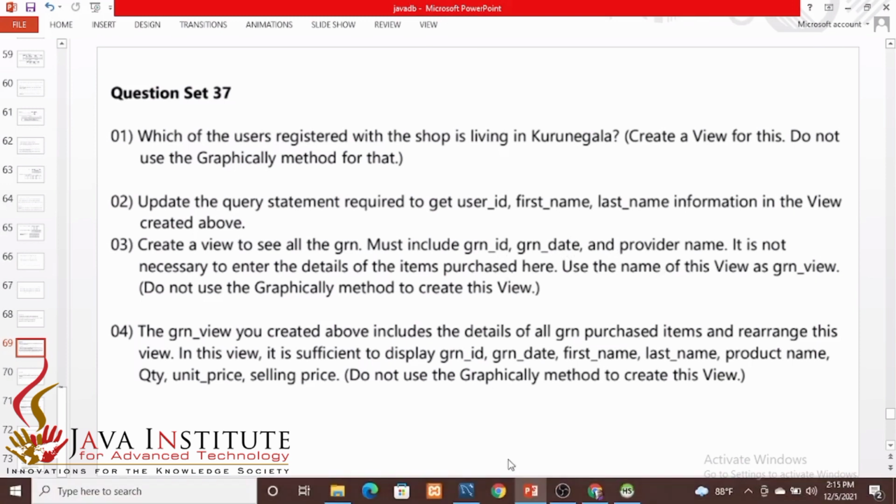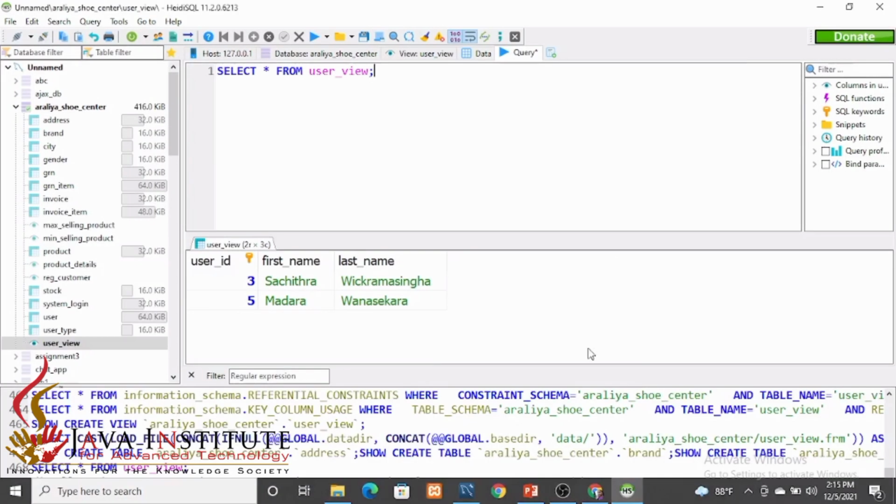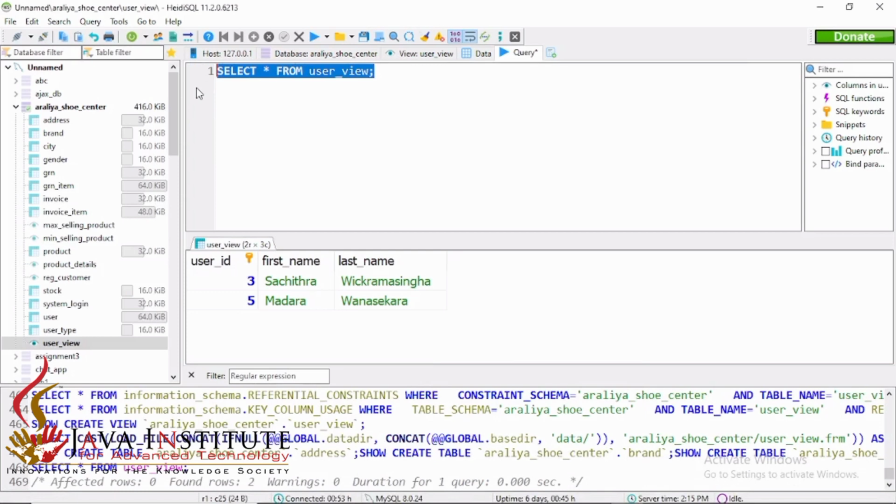So for gaining the provider name we have to inner join some things. Okay, inner join the user table also. So we have to inner join the user table with the GRN table. So first of all let's view from the GRN table.